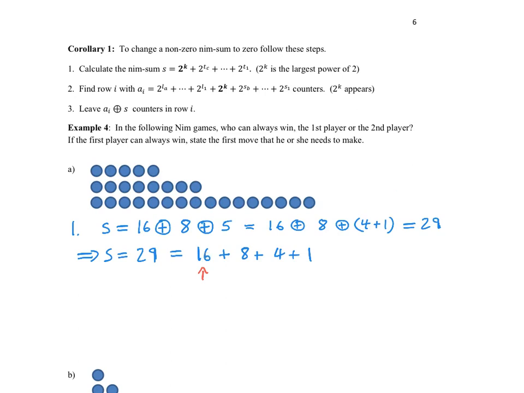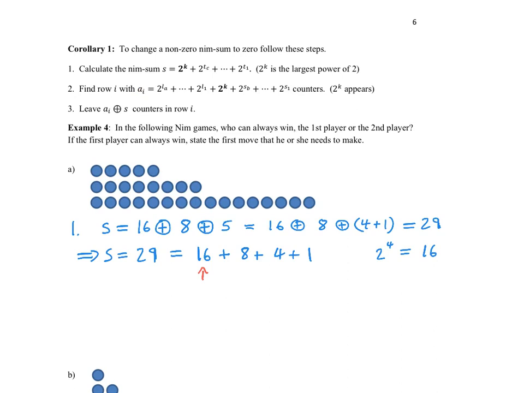So the 2 to the k that we're interested in is 2 to the power 4, or 16. Okay, let's move on to step 2. In step 2, it says find a row that 2 to the power k appears in. So when we say find a row with a sub i, and it equals a bunch of powers of 2 and one of them is the power of 2 that we found above, each of these a sub i's are